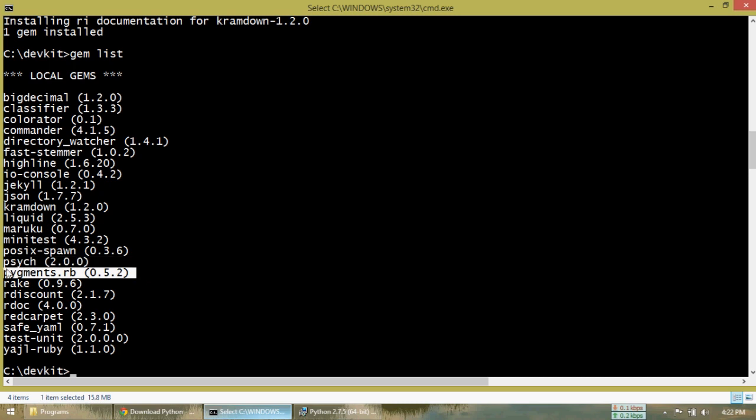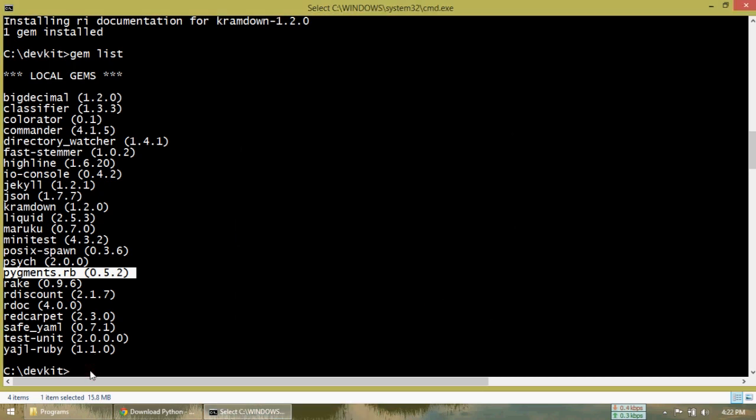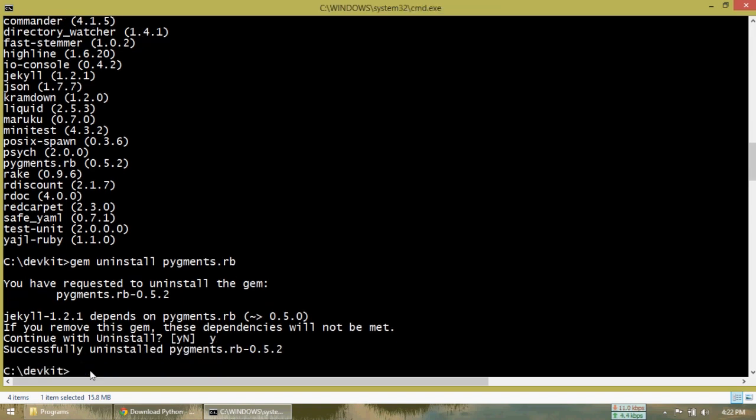You can see it. Pigments.rb 0.5.2, and you have to uninstall it because it creates unstable situations in the Windows environment. Alright, so there you have it. So to do that, you have to type gem uninstall pigments.rb, and it will say that you have requested to uninstall this gem. Just type Y and press enter, and it will uninstall the pigments.rb of 0.5.2